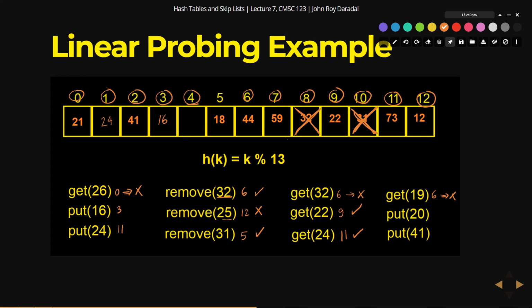Okay, so that's the difference, right? If you see an empty cell, you stop the search. If you see an available cell, you just skip over it. Okay, and then just the last two methods for put